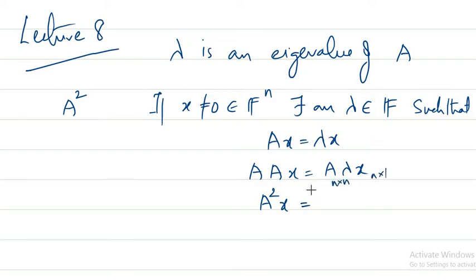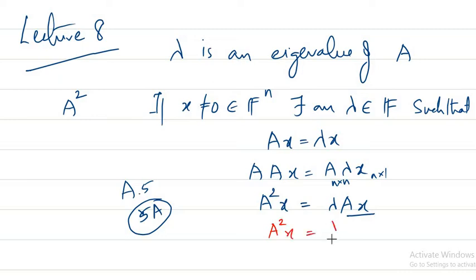It's a continuation of the previous lecture, so I think you'll follow that. So this is something like A times 5 or 5 times A, right? A into 5 means A is a matrix and 5 is a scalar. So here we have lambda times A. So that lambda I can write to the left hand side, right? And again, since lambda is an eigenvalue of the matrix A, Ax is equal to lambda x. So this Ax I can rewrite as lambda x. So I get A square x is equal to lambda into lambda x, and lambda into lambda is lambda square. So I get A square x is equal to lambda square x.